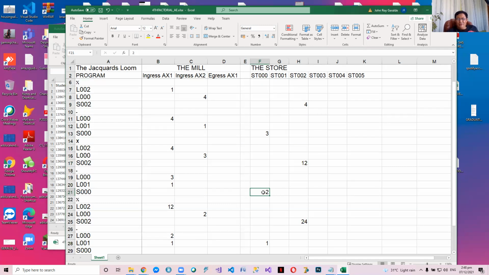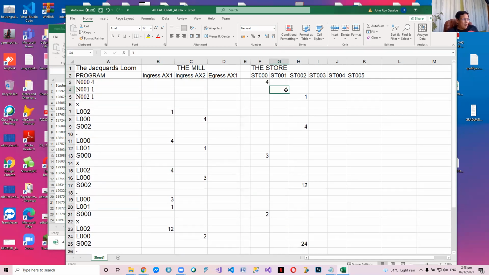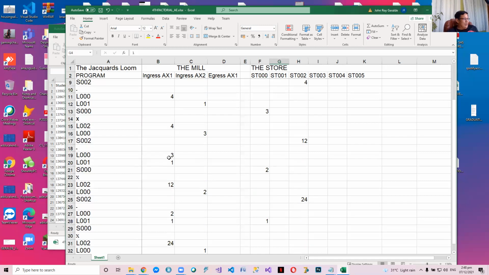Do you follow? Okay? Yes, sir. So, the next multiplier is here. So, we do a minus L00, which is 3, and then L001. What is L001? It's always 1. So, we do a minus and store it to 0, 0. So, now 0, 0 is now 2. Do you follow? It's 2 now, because the next multiplier is 2.